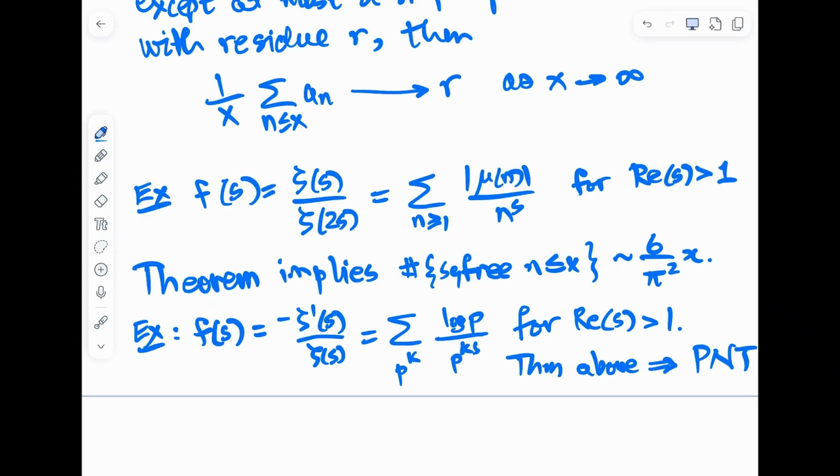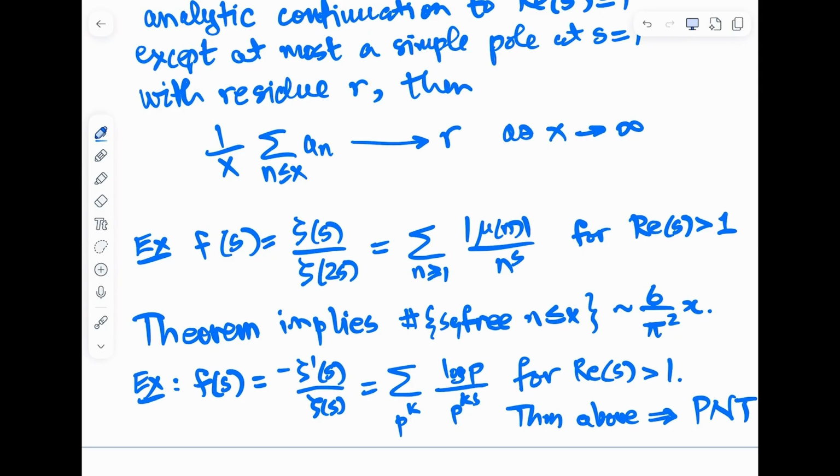Okay, so with experience, one comes to appreciate the idea of using different kinds of generating functions to study different kinds of sequences. But at first, it's not at all obvious that this thing would have any relevance or be of any interest. But the development of math has shown this is a very useful idea. Okay, so